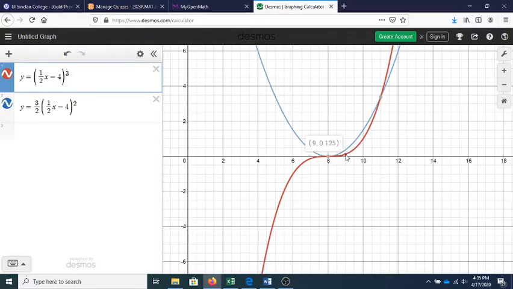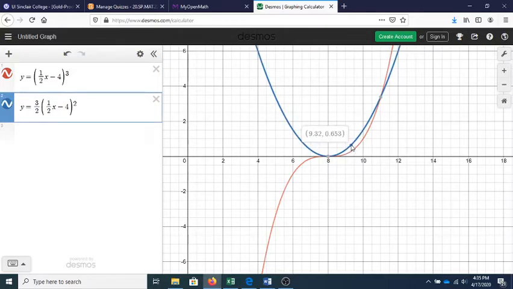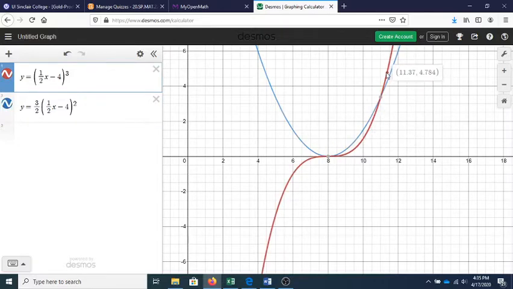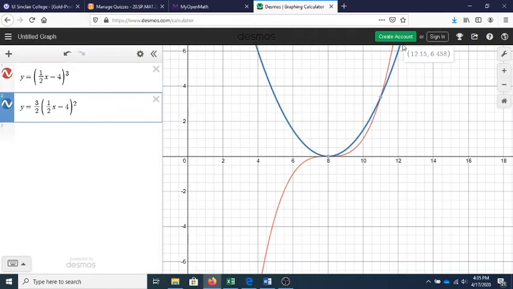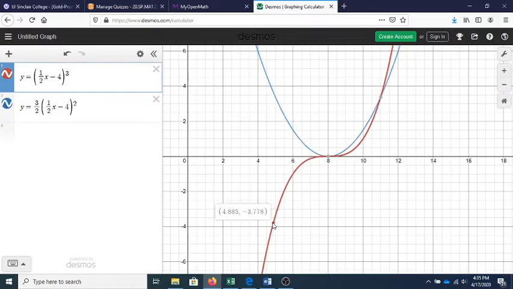But then, of course, as I move on to the right, I can see that my slope starts to increase again, and that corresponds to the y values on the blue curve heading back up in the positive direction. And the higher I go up the red curve, the steeper it is, so my y values continue to climb back up. Alright, so that's the graph of the derivative, and its y values tell us all about the slopes on the original graph. But notice that we have to match up the x values. Like right here, this is an x value of 6. So if I plug that into the derivative,